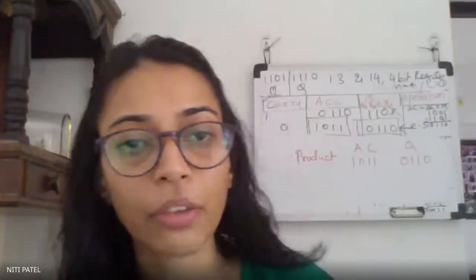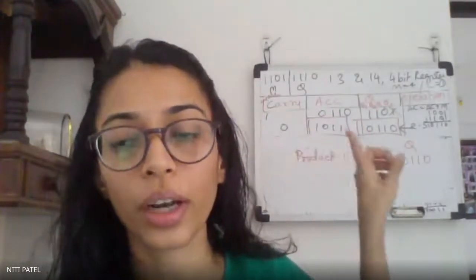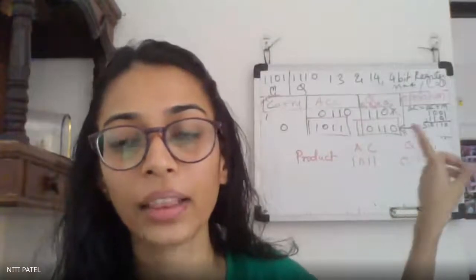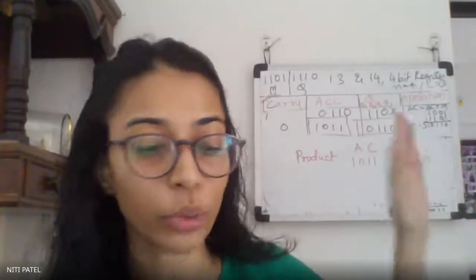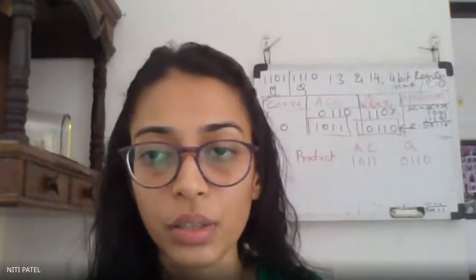In the first step, we identify M, we identify Q, we write the contents of the accumulator, we write the initial value of carry, and we write the number of cycles. After our first step is completed, we will draw these 4 columns: first for carry, then for your accumulator, then for your multiplier, and the last one for your operations. And you will keep on doing all the operations as we have done today. Okay. So you all solve this. In the next lecture, I will do this same sum again so that we can verify our results. Okay. Take down one more question.